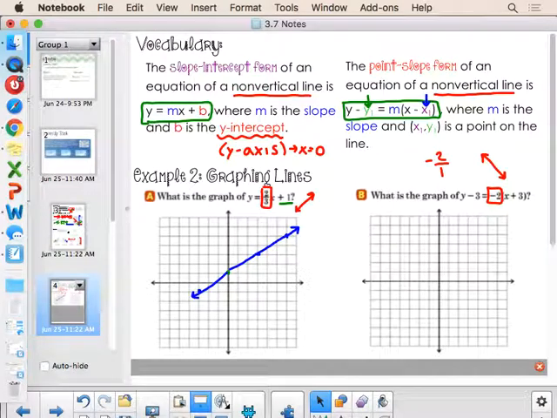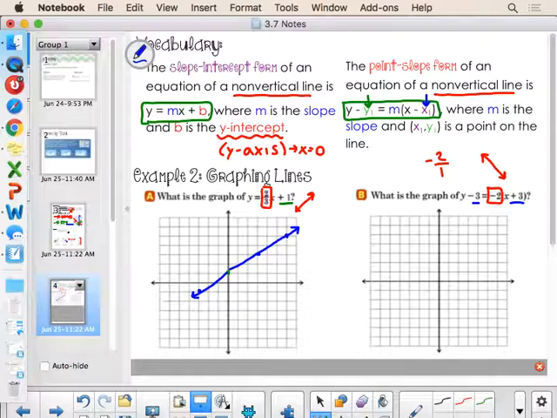Now we have to be careful of point-slope form. We've been given a coordinate, but notice in our format we're supposed to be subtracting. So anytime I see addition, I actually know the coordinate that is contained is the opposite sign. So inside the x quantity I see a positive 3, so the coordinate on my line is actually -3 for the x value. When I see y minus 3, I know that the y coordinate is actually going to be positive 3, and this is a coordinate that I should plot on my graph. So I'm going to go over -3 and up 3, and here is my coordinate that's been provided.